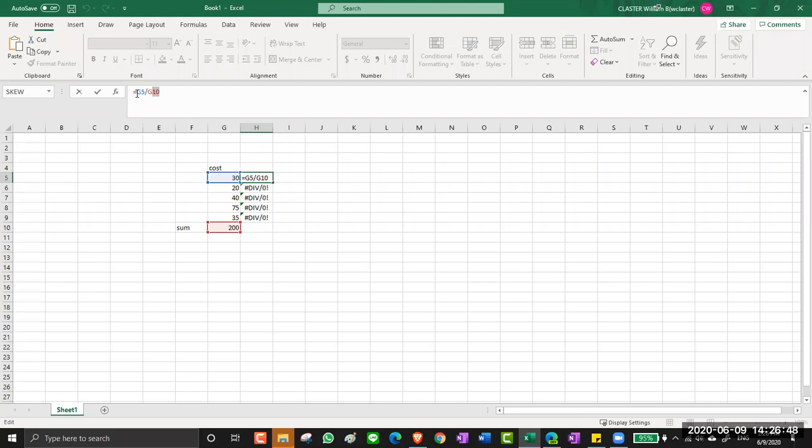I do want the 5 to increase, right? When I go down to here, I want it to be G6. When I go down to here, I want it to be G7. So I want the 5 to keep increasing, but I don't want the 10 to keep increasing. Okay, so the way you can do that is you put a $ in front of any